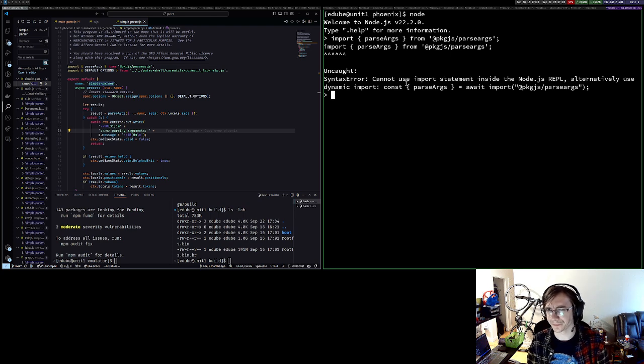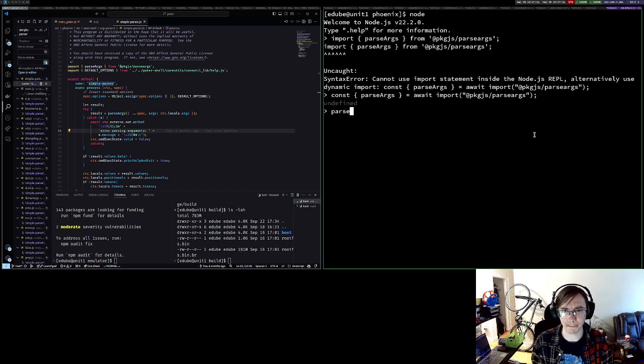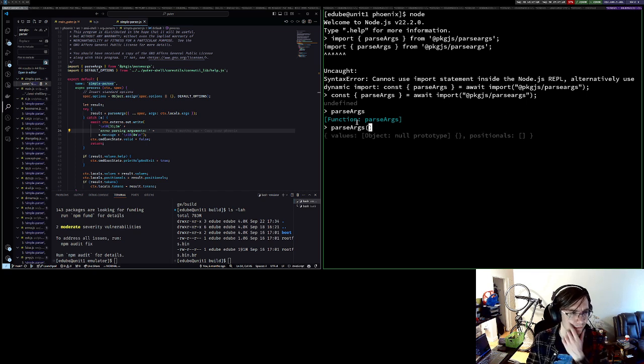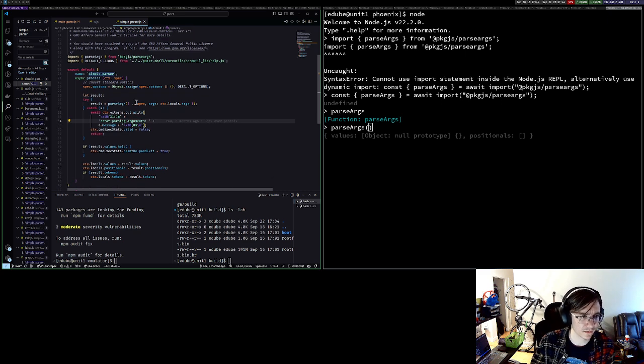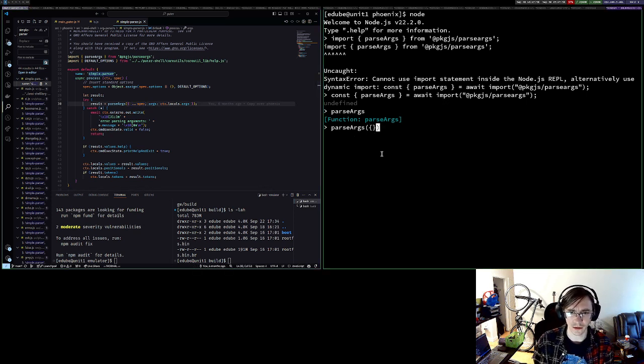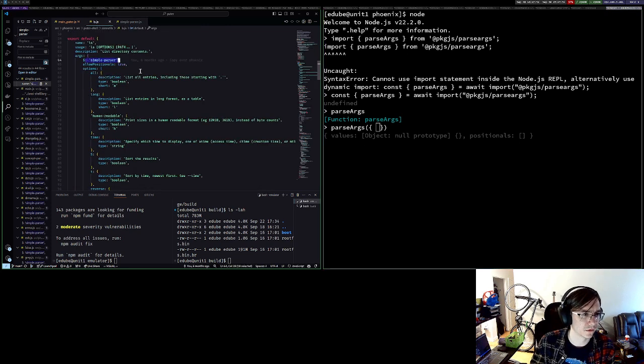No, there's, oh, we can use the await imports. Right. So now we have parse args. And I need to remember how to use that. It looks like we passed the options and then the args as well. So in this case, our options are,